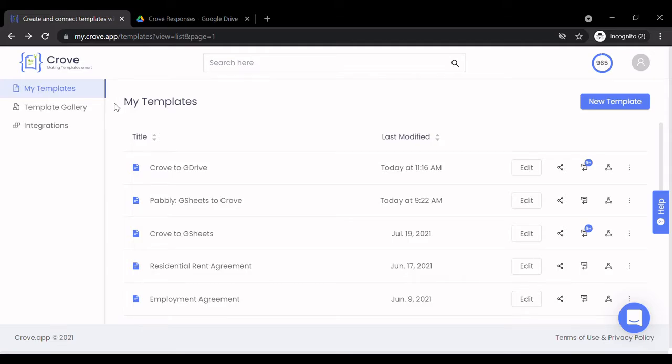Hi, in this tutorial I'll show you how you can connect your Grove account to your Google Drive account. It is really easy and you just have to follow along. Firstly, you have to go to this link. This link is already provided in the article.